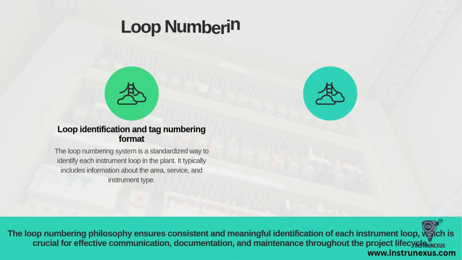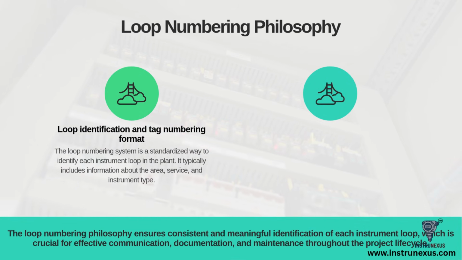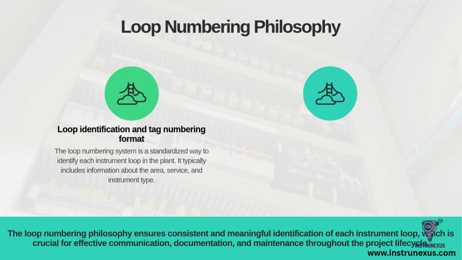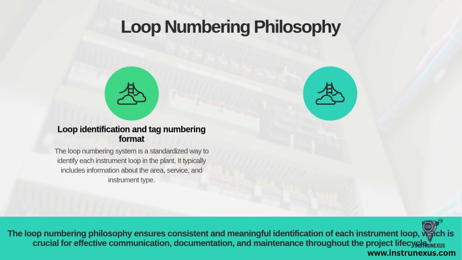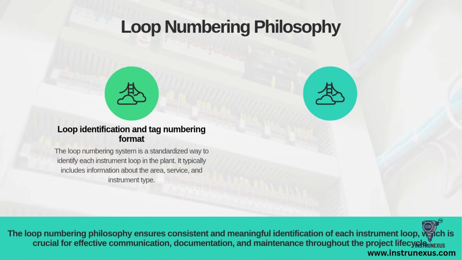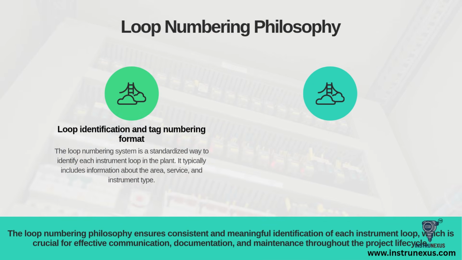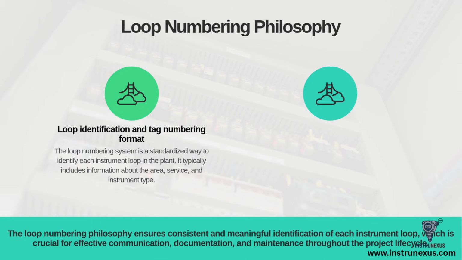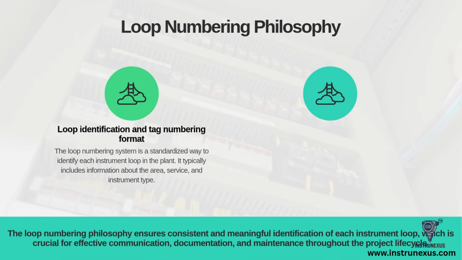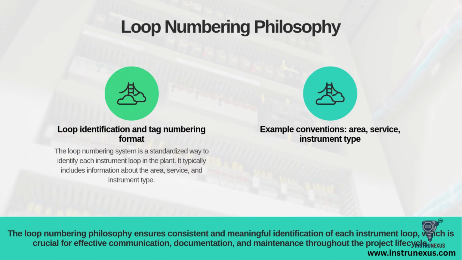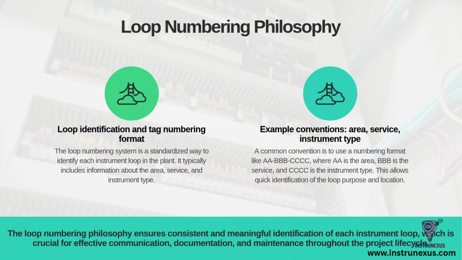A critical concept for any project is the loop numbering philosophy. This is the standardized logical system used to identify every single instrument loop in the plant. A good tag numbering format is descriptive and consistent. It typically embeds key information such as the plant area, the service or parameter being measured, and the instrument type. For example, a common convention is a format like